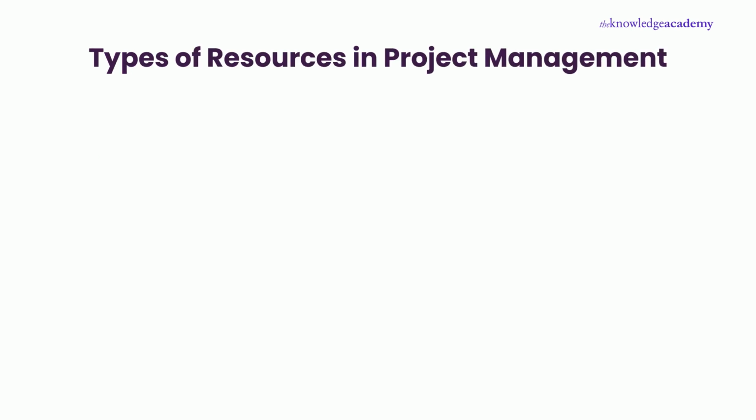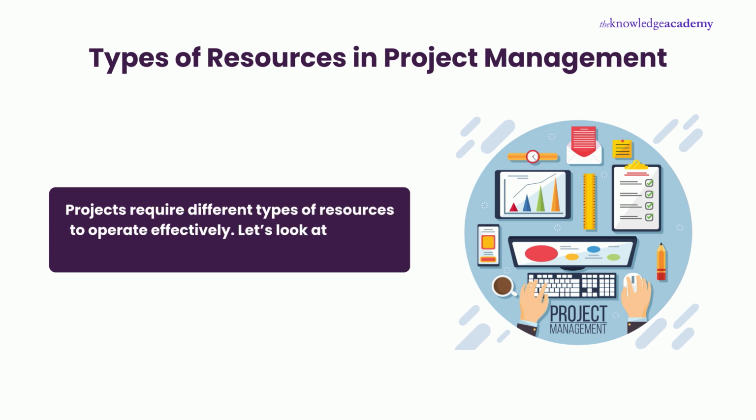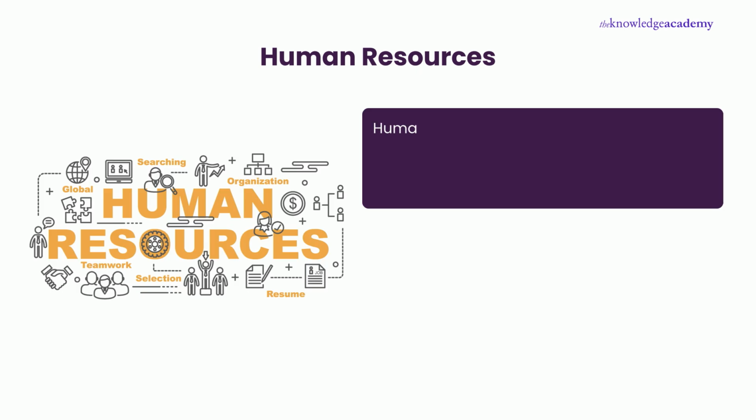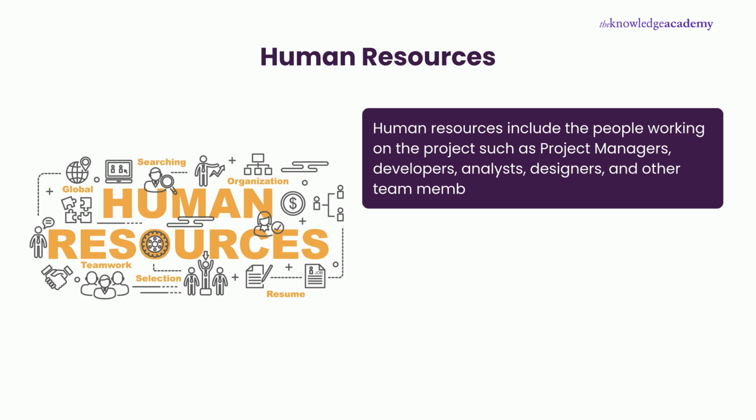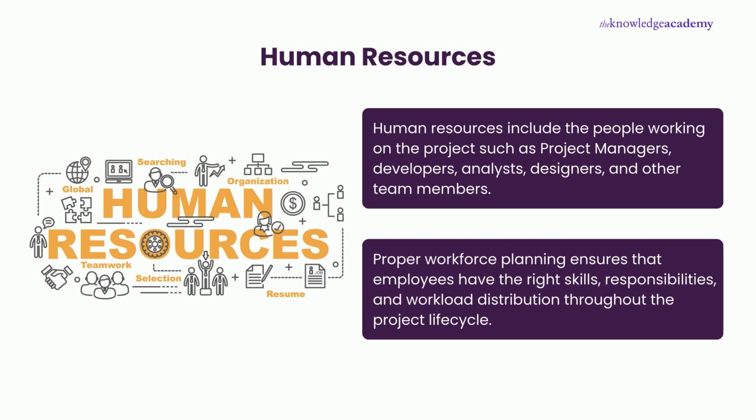Types of resources in project management. Projects require different types of resources to operate effectively. Let's look at some of the most common project resources. 1. Human resources. Human resources include the people working on the project, such as project managers, developers, analysts, designers, and other team members. Proper workforce planning ensures that employees have the right skills, responsibilities, and workload distribution throughout the project